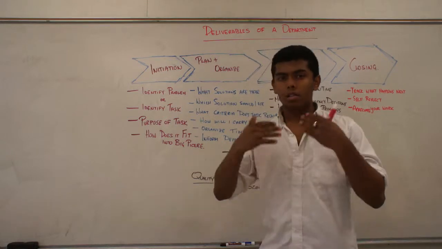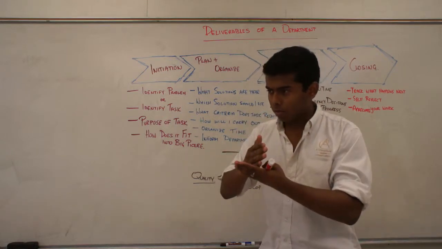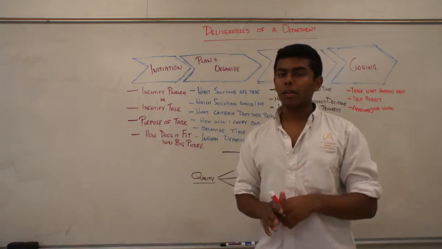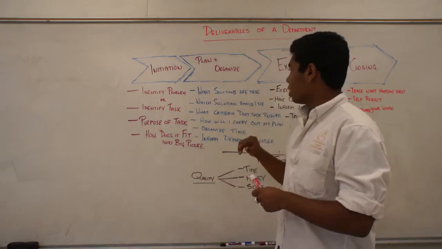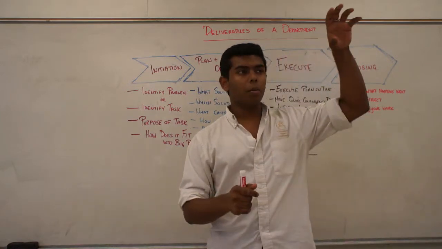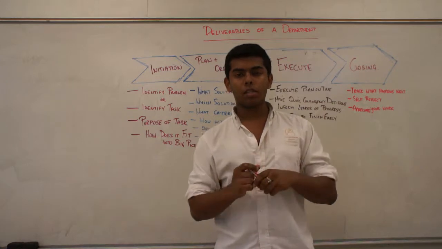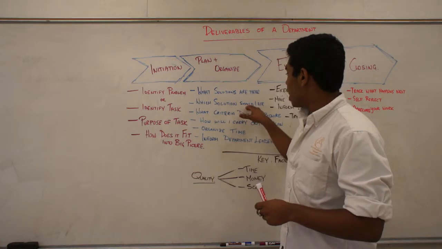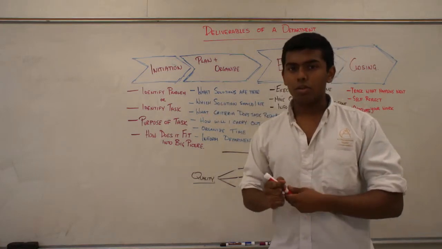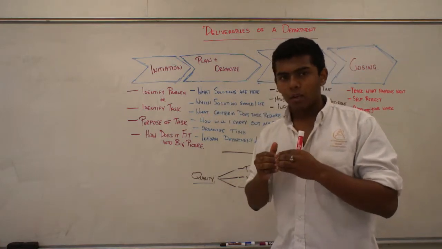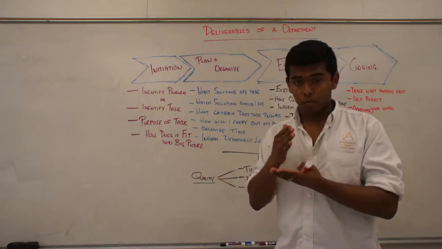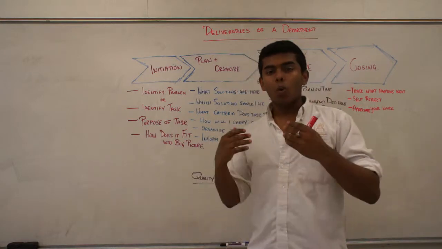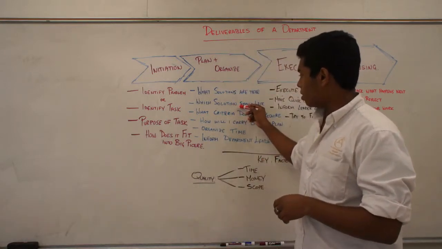The design team has a problem of essentially getting, let's say, a ball into a basket. That's their problem. What solutions are there? Well, you could pick the ball up and put it into the basket. You could shoot the ball into the basket. You could bounce the ball into the basket. There are many solutions, but which solution should I use? And that is essential to understanding what plan you're going to use to execute. So if I choose the solution of bouncing the ball into the basket, what will I need? And that moves on to our next